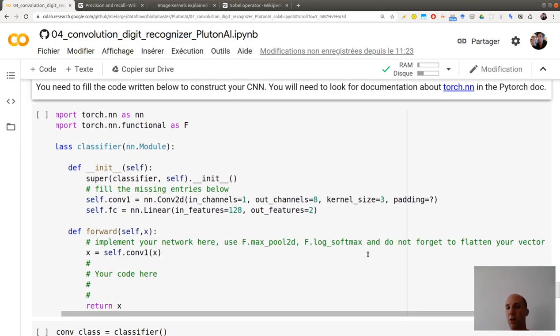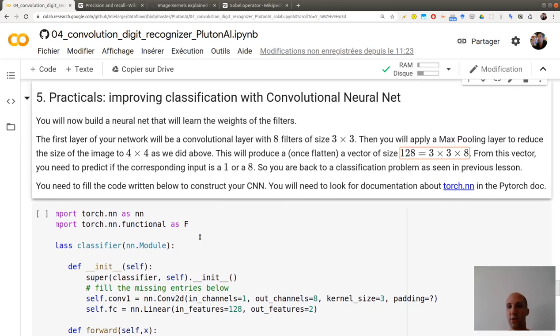Then you apply a log softmax and use the right loss in order to learn the parameters of both this linear layer and the convolutional layer. So you need to figure out what this value is and to implement your classifier here by using the module, so what we just saw in the course.